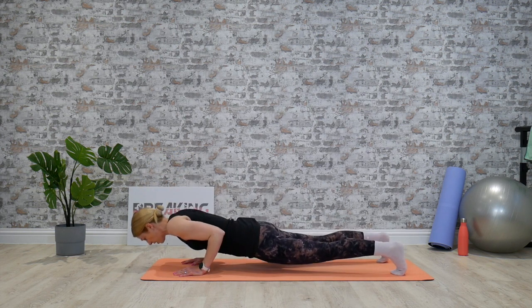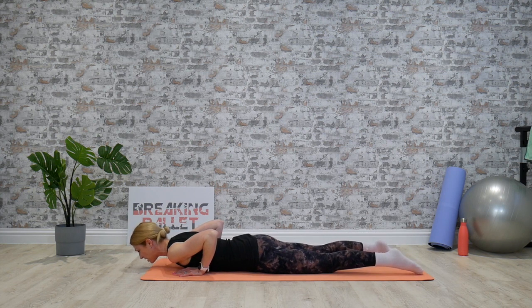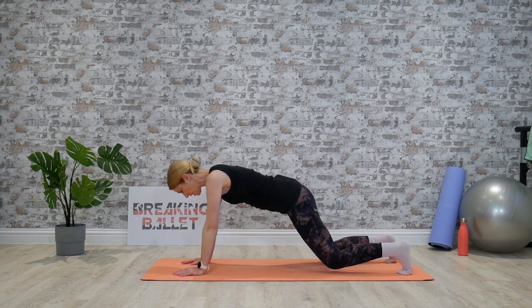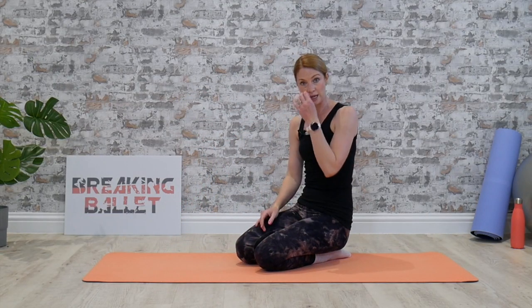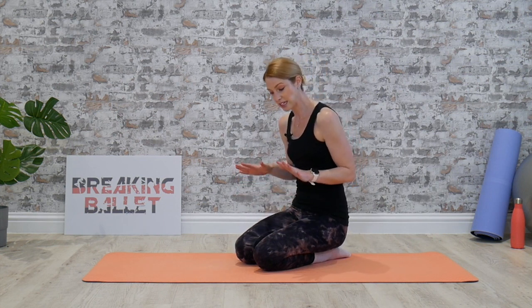Down, down, down, hold. All the way to the floor. As you come up onto the knees, try not to arch the back too much. You need to use your tummy to come up, push through your arms, back into plank position. Okay? So, an alternative way to practice, just coming down, nice and steady, hold it if you can, gently release